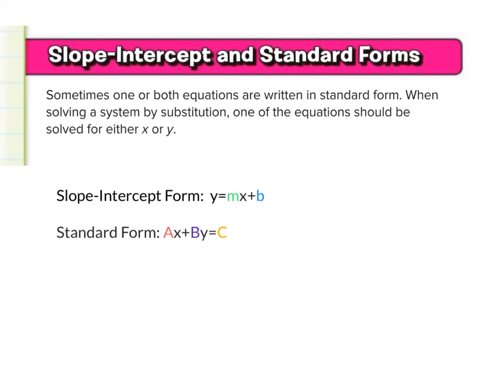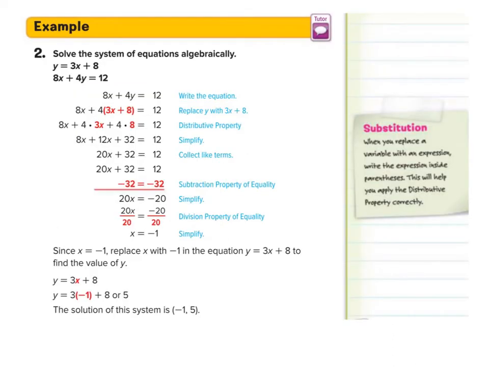All right, slope-intercept and standard forms. Sometimes one or both equations are written in standard form. When solving a system by substitution, one of the equations should be solved for either x or y. So notice that in slope-intercept form, we have the equation solved for y, and in standard form, you can turn that into a slope-intercept form equation and solve for x or y. Example 2 says solve the system of equations algebraically,